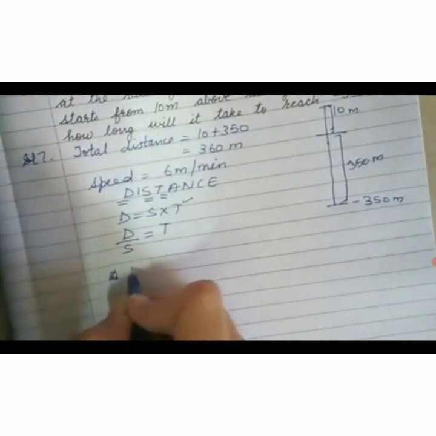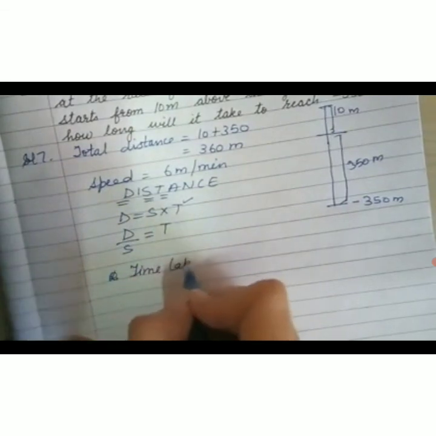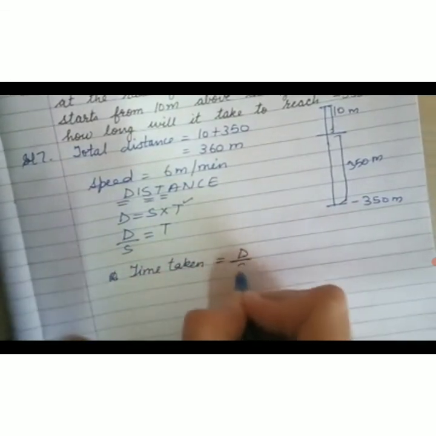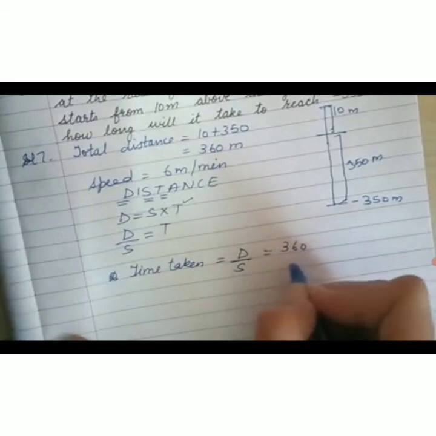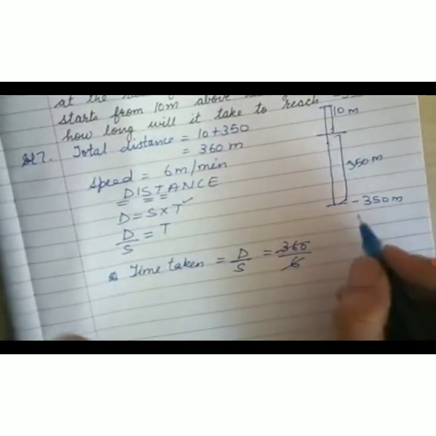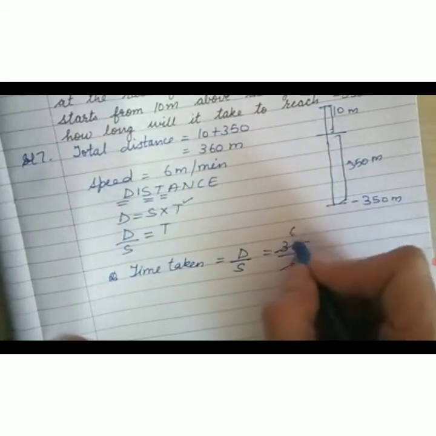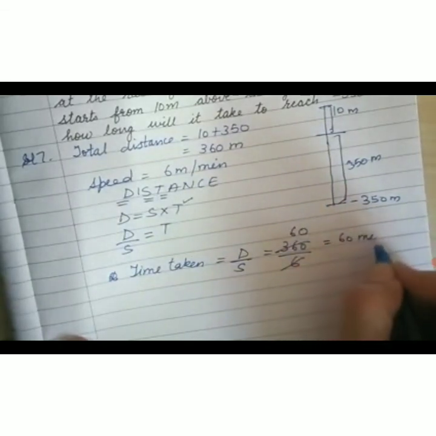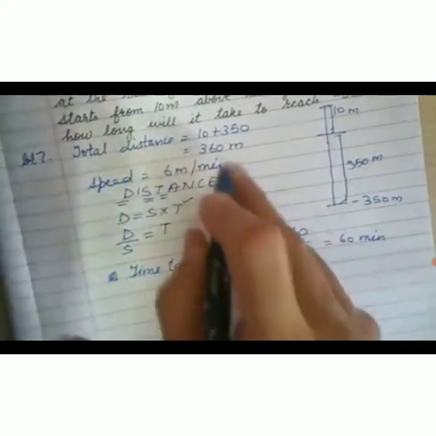So what is the total time here? The total distance is 360, that is 10 plus 350. So 360 divided by the speed, 6, so it is 60 minutes. So we can write in